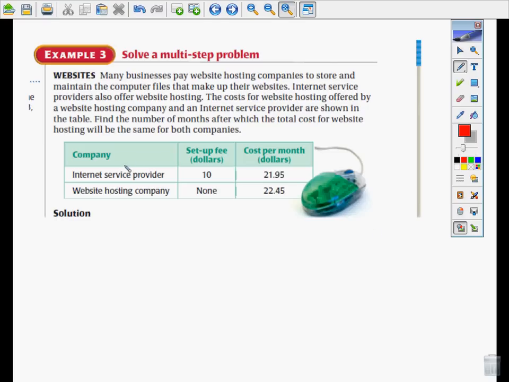So here we have the setup fee is $10 and then the cost per month is $21.95. Here there's no setup fee, but the cost per month is $22.45. So we need to come up with our two equations. So this equation, it's a $10 setup fee,